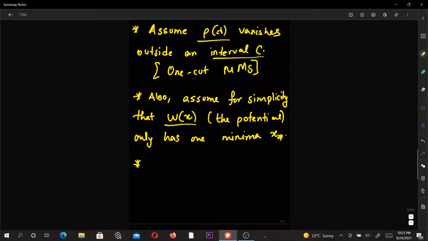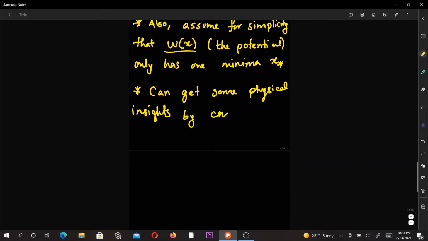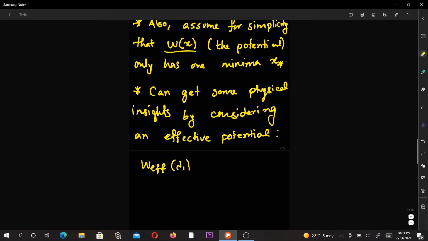Why have we done that? Because we can get some physical insights by considering an effective potential, that is a potential term like this. If you consider it, log of,